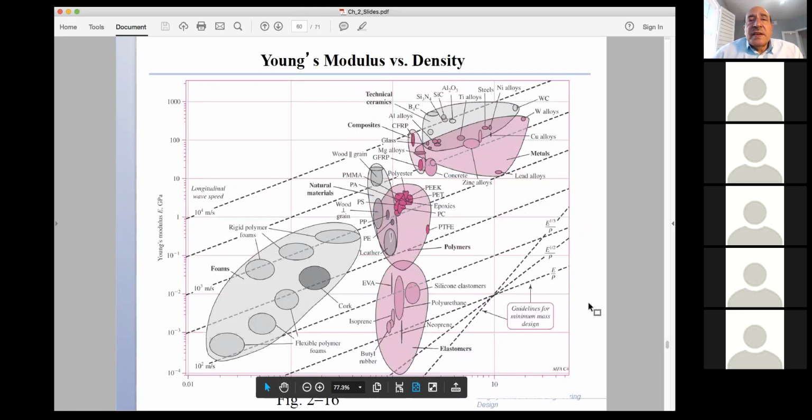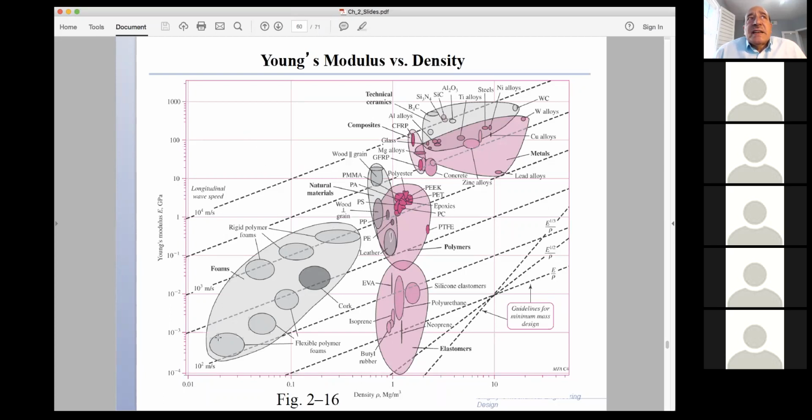And the density can vary from very low density, as in porous materials or foams, to very high density, as in refractory metals or ceramics. And the Young's modulus also goes over many orders of magnitude, as you can see here, from flexible polymers and rubber, which have very, very low elastic modulus, all the way up to on the order of 1000 GPa here. That's extremely high, but generally several hundred GPa for some of the stiffest and hardest materials on Earth.